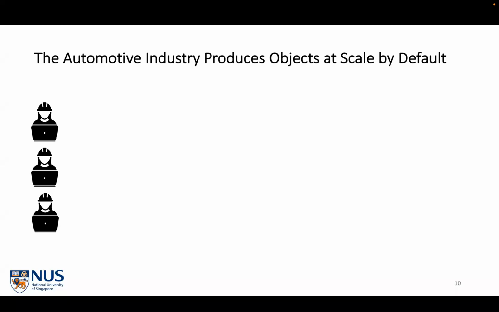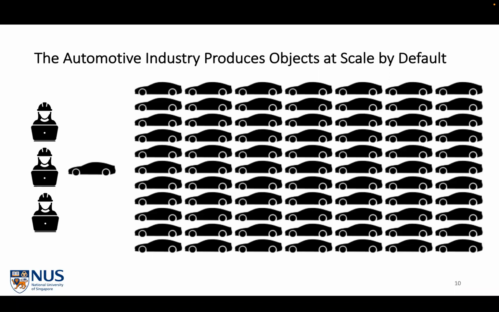So in that sector, you have engineers, just like we do. You have engineers and designers, and they spend a lot of time designing a model of a car. And as soon as that design is somewhat perfected and tested, you take that design and you mass produce that object, right? So you have assembly lines, you have systems that are fully optimized for that specific design.